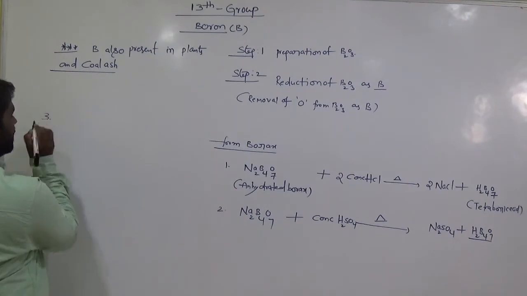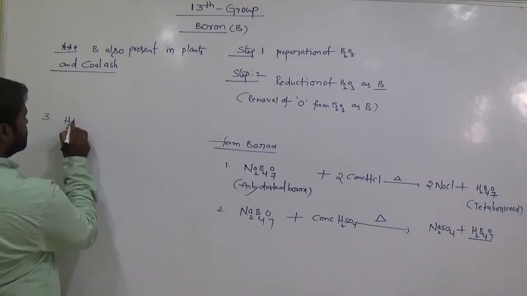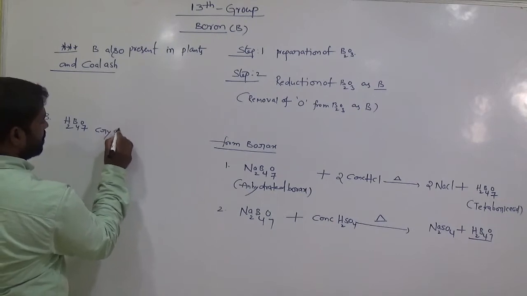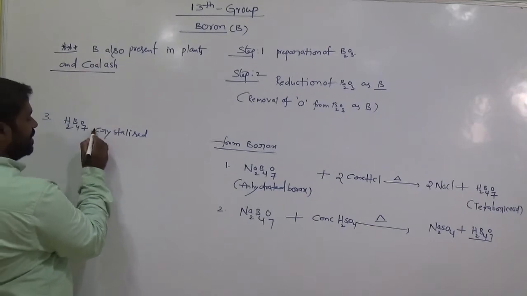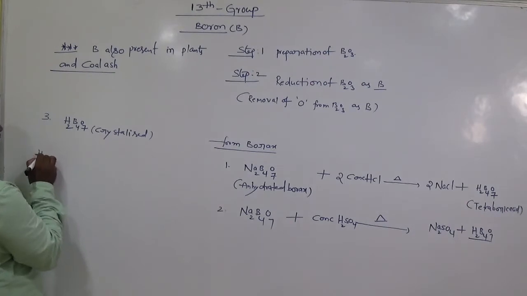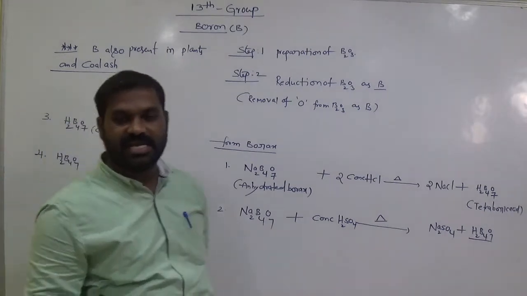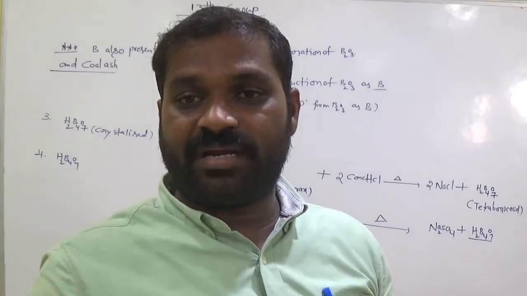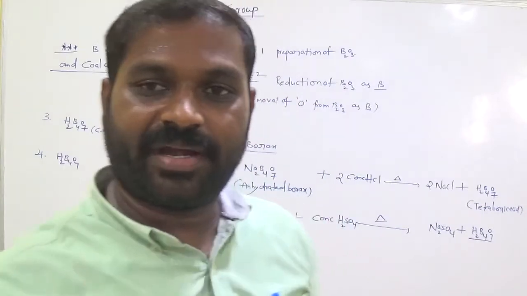Now the third step is that tetraboric acid is crystallized. Crystallized means purified. Purify means crystallized here. Purify this compound, this H2B4O7. What is the meaning of crystallization? Crystallization means nothing but small particles like sodium chloride, like salt particles. So crystallization means purified. Remember this here.